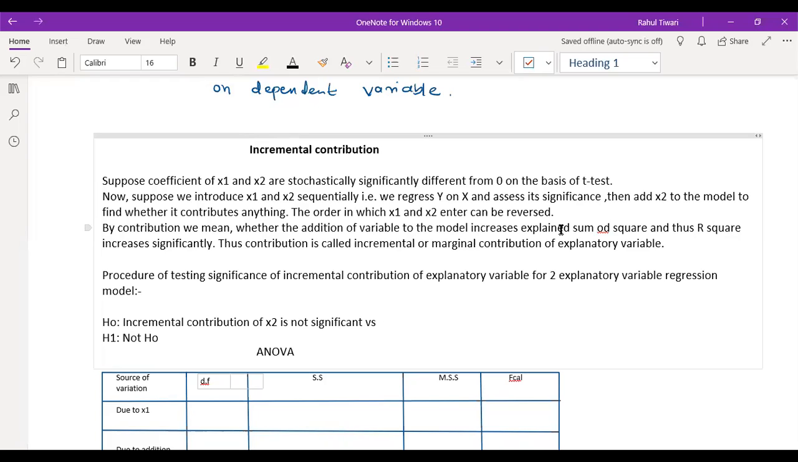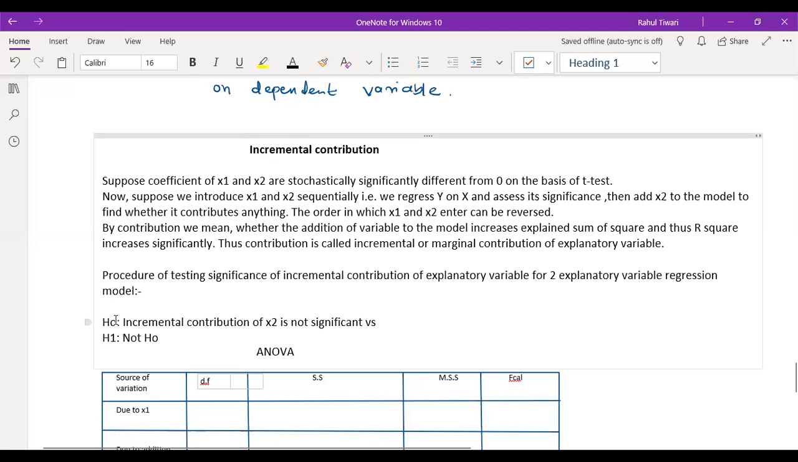Let me take y and x1 first and check the model. Then I'll add x2 and check the model. Then I'll add x1 and x2 both together and check the model. So, by just adding the new variable, is my model going to change or not? Is there any significant difference in the model or not? Those kinds of things to be checked, we can always go for the